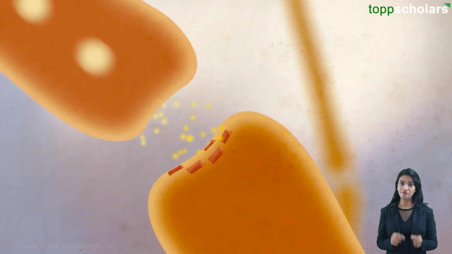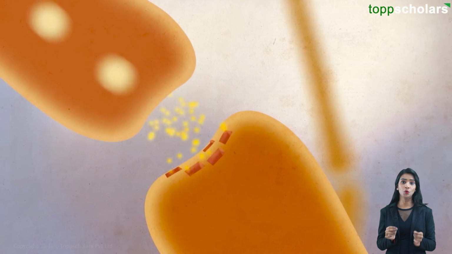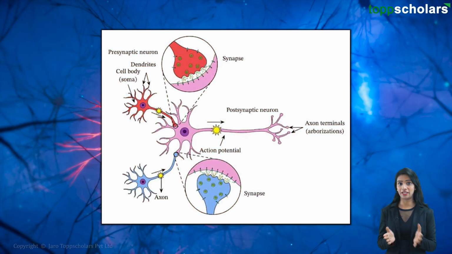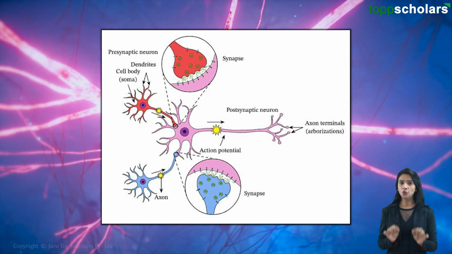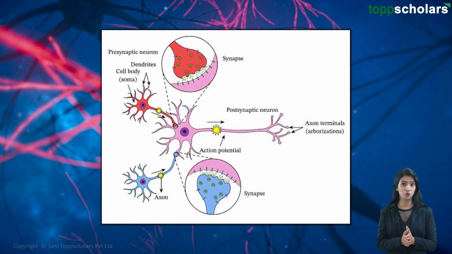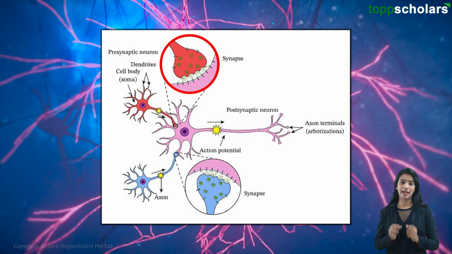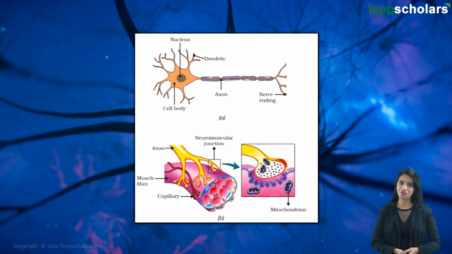Neurons transmit nerve impulses away from the cell body to synapses or neuromuscular junctions. At the neuromuscular junction, for example, the chemicals, or more appropriately, the neurotransmitters, are passed off from the axon terminals of a neuron to the corresponding muscle or gland via the synapse. So friends, that's all about the diagram of neurons.